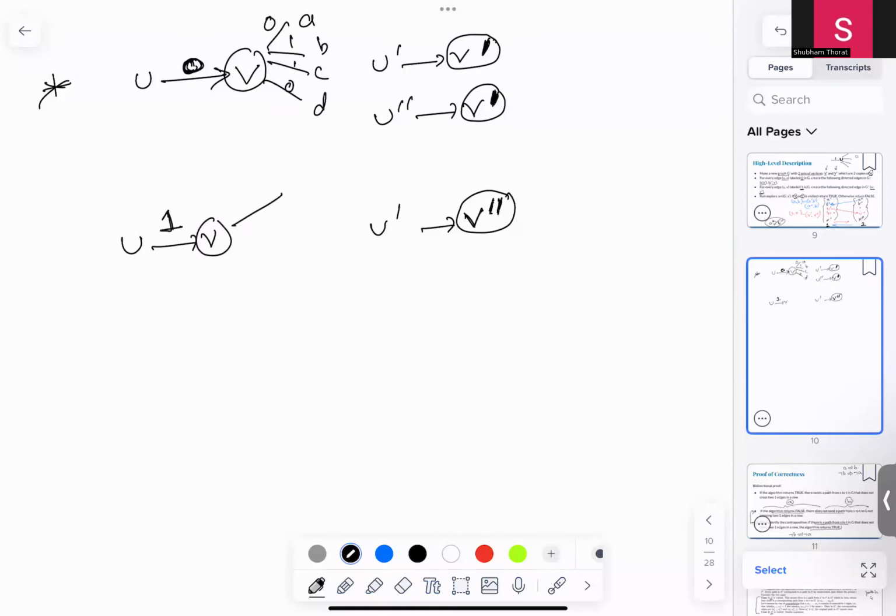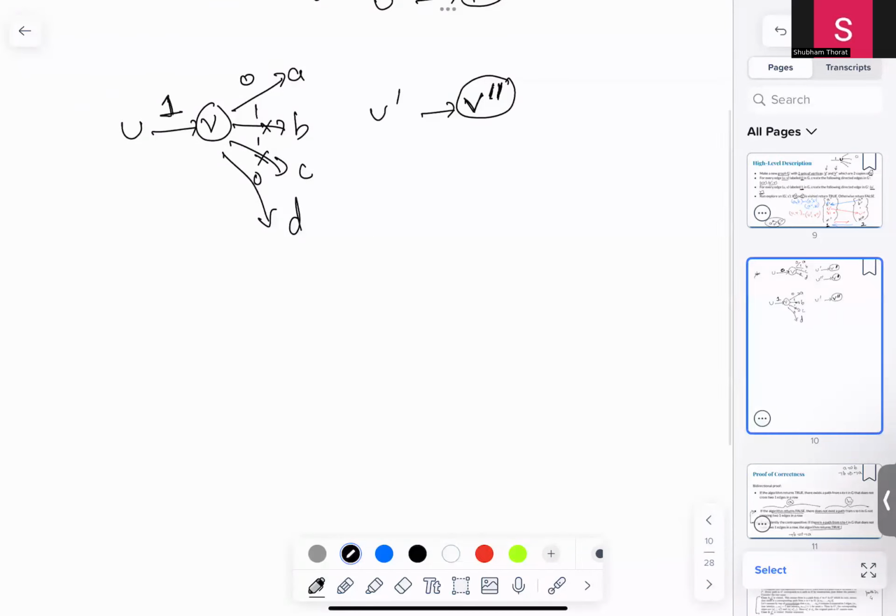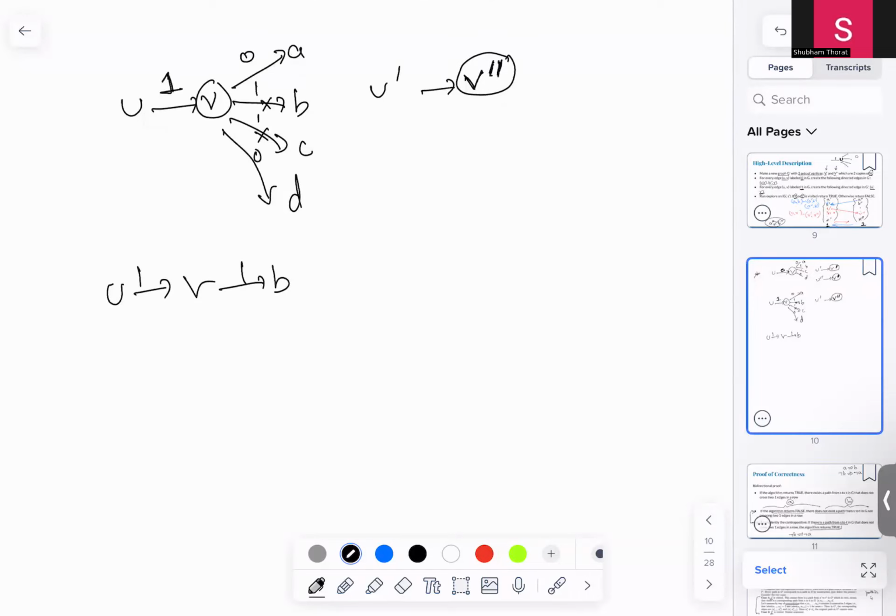Whereas in this case, you are not allowed to do that. If this is 0, it's fine. If this is 1, not fine. This is fine. So now you are not allowed to take these things. So let's say how it is not allowing you to take this U, V, and B1 labeled by 1 and 1. So how will this path look like in your